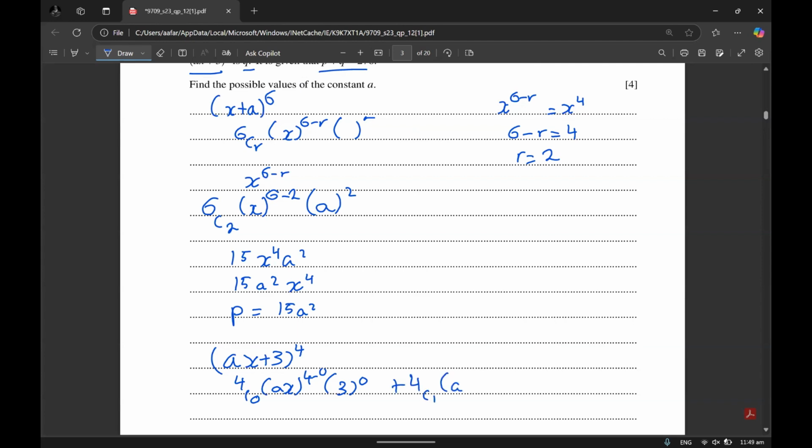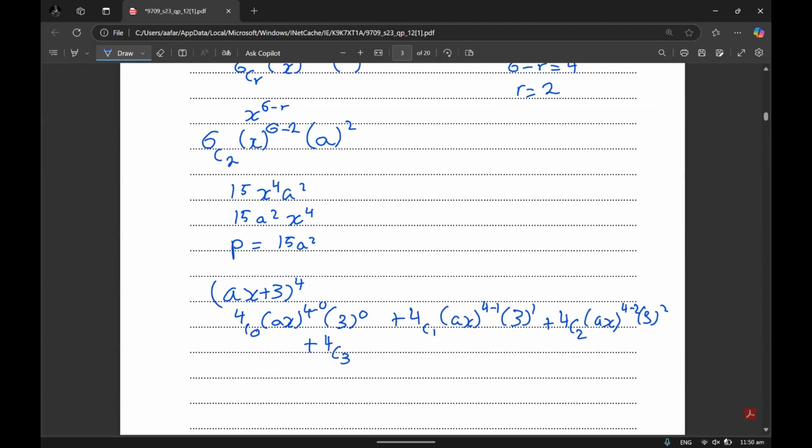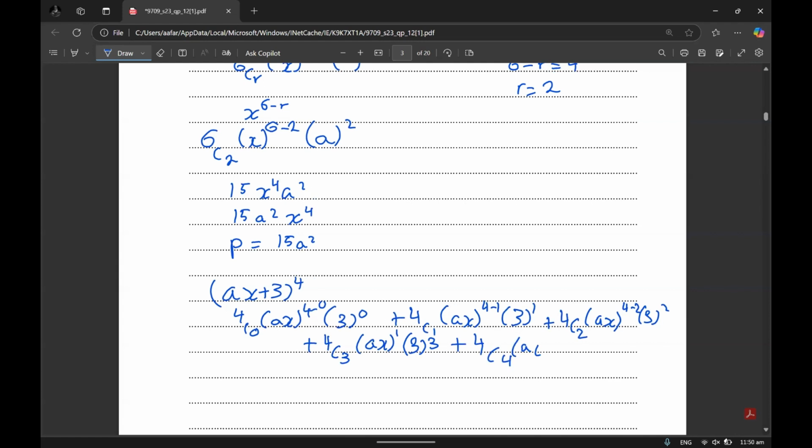Let's say we write it like this: (ax) power 4 minus 1, 3 power 1, plus 4C2 (ax) power 4 minus 2, 3 power 2, plus 4C3 (ax) power 1, 3 power 3, plus 4C4 (ax) power 4 minus 4